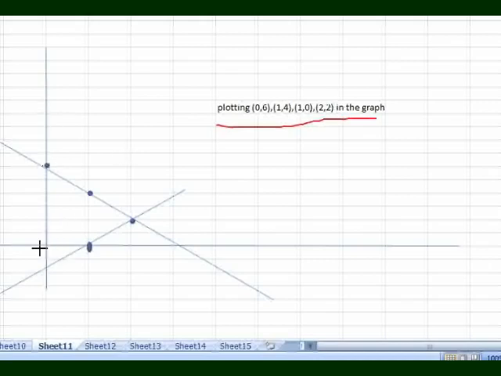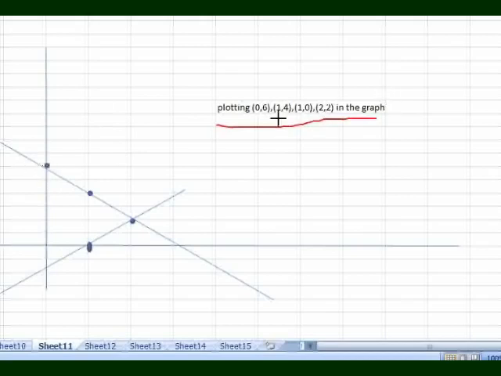First, suppose this is the x-axis and this is the y-axis. Okay, so we have made this graph in our Excel sheet. Okay, assume the points 1, 2, 3, 4 will be placed on the x-axis, and on the y-axis similarly 1, 2, 3, 4, 5, 6. In this way the numbers will be plotted. Okay, so find out the point 0, 6. On the x-axis it is 0 and on the y-axis it is 6. So 1, 2, 3, 4, 5, 6. So this coordinate will be in this position.